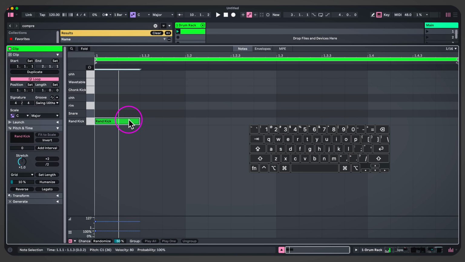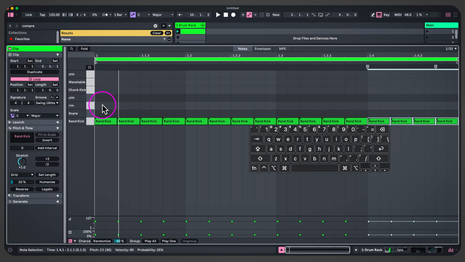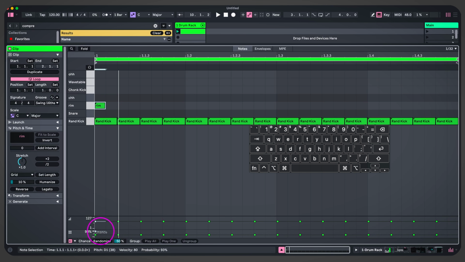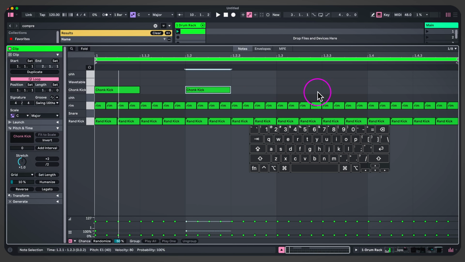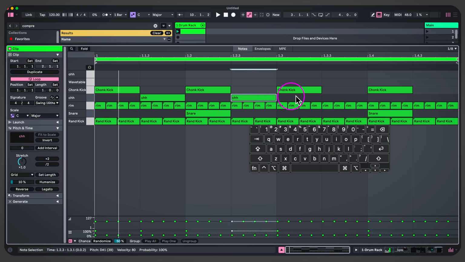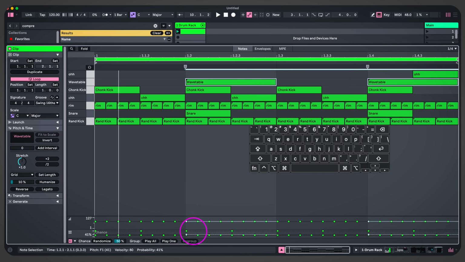How are we going to do this? Let's go 1/8. Turn the chance down. And what was the rim? Turn the chance down. And then get our chunk kick, our snare, our hat, do our, not overhead, open. And then here we'll just add, let's say,